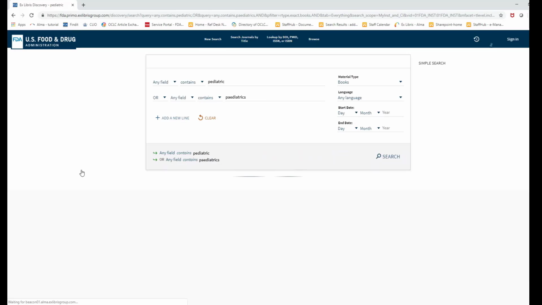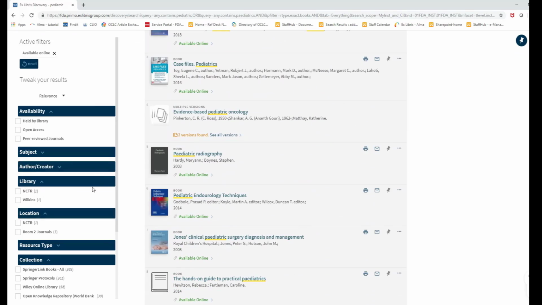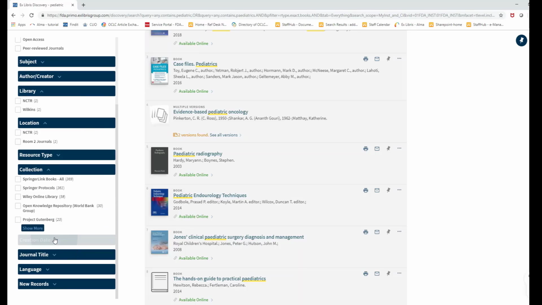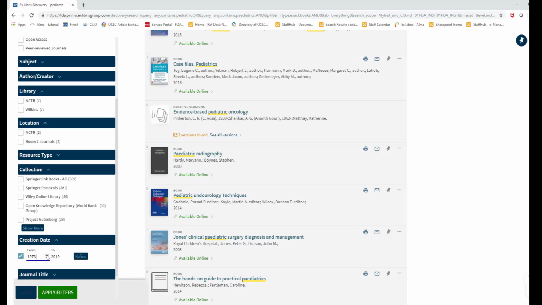Or another option is if we want to narrow our results by date, we can click on creation date and we can change the date by using the arrows here. If we want only items found in 2019,